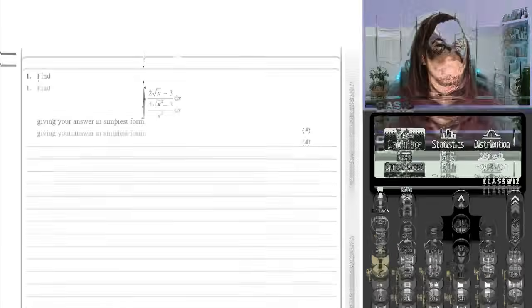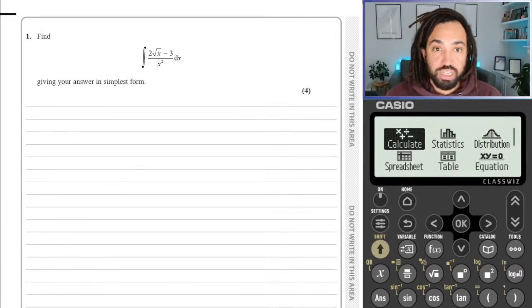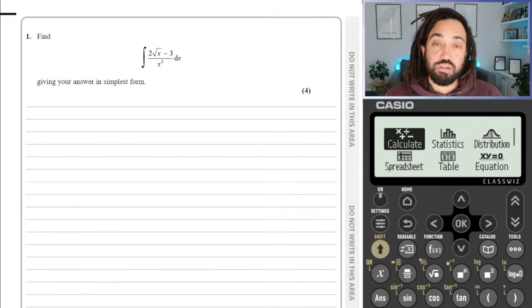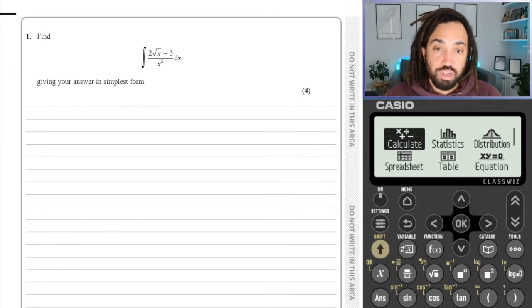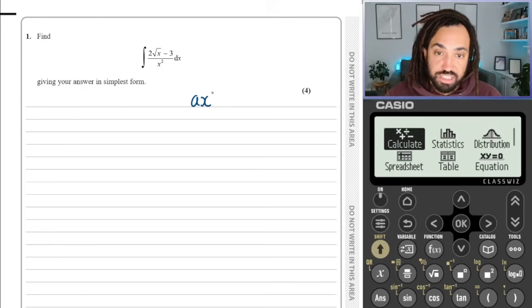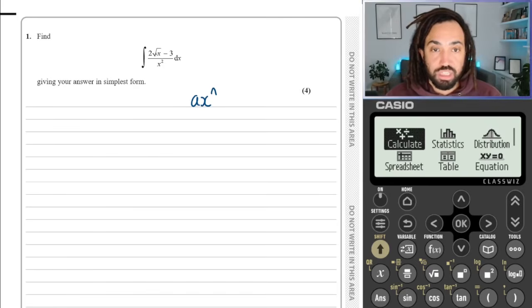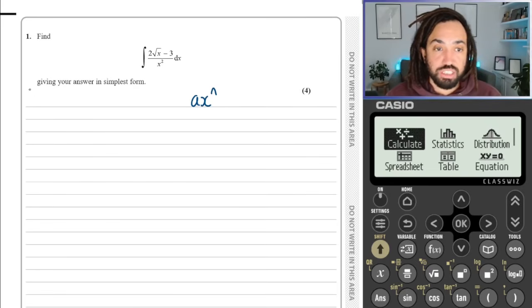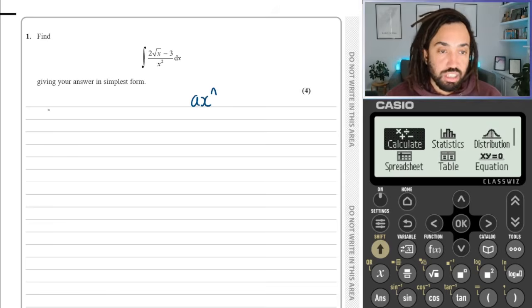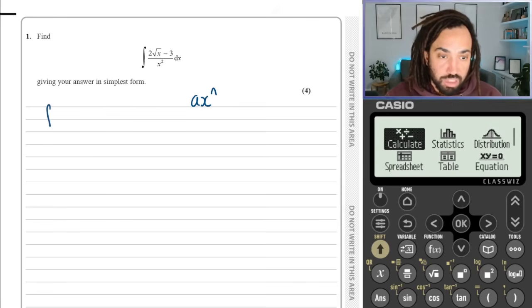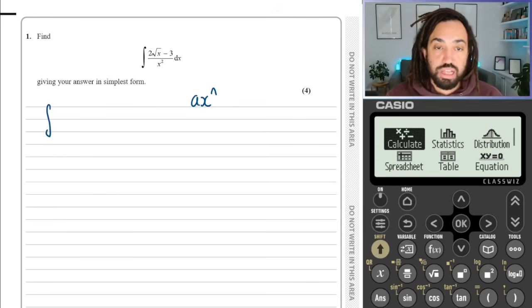Okay, question number 1, and we are integrating. Now when we integrate, we want all of our terms to be just coefficient x and then to the power of n. At the moment we've got this fraction which isn't particularly helpful for integrating, so we need to rewrite it. So what I'm going to do is I'm going to do integral sign, and then we're going to write